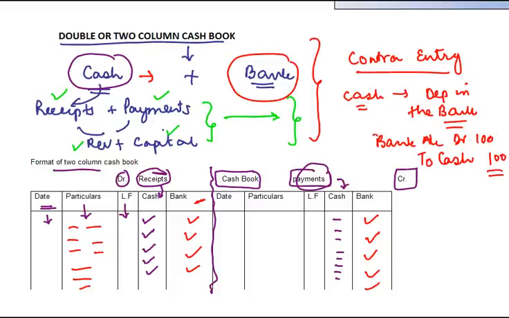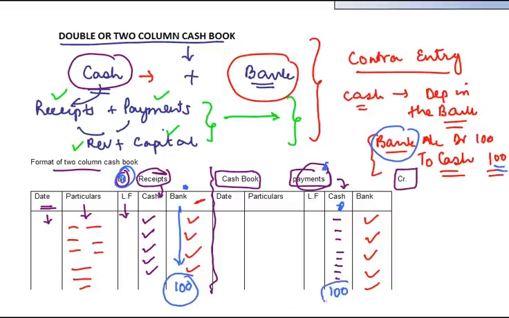Now, what can happen is if both the transactions are related to bank and cash, the entry for them is made within this account. So let's say for this example, the bank is debited. So the bank account will be debited. And if this 100 amount is there, I will put it under the bank column here. And since cash is credited, I will put it in the cash column as a payment of 100 here. So both the entries relating to debit and credit are reflected as a part of the same cash book itself. And there is no requirement to post this amount in any ledger. No posting required. Why? Because there is no other account which is involved.